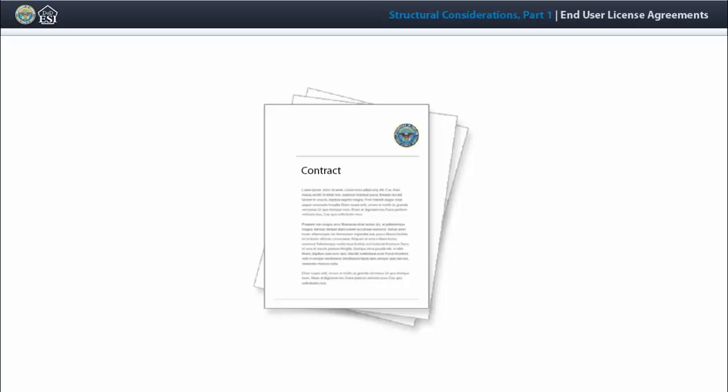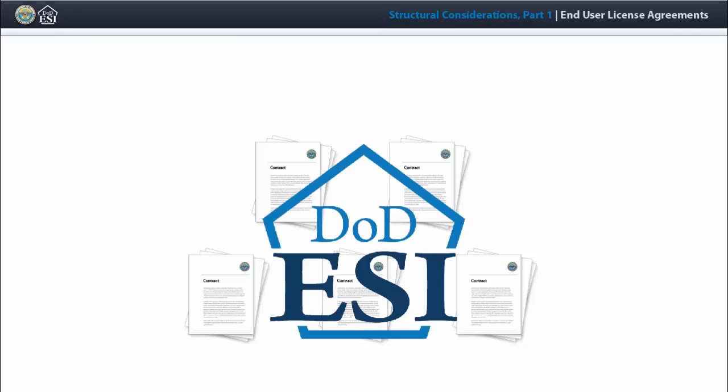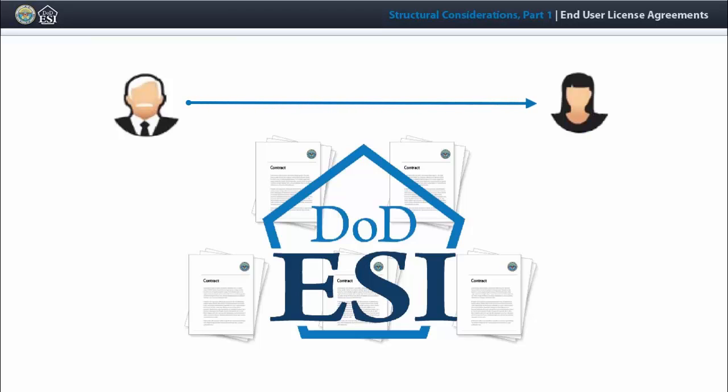Contracts come in many shapes and sizes. Some are wrapped up tightly in one document that contains every term and condition that the parties negotiate and agree to. Other contracts involve two or more documents or sources of terms and conditions that are binding on the parties. This tutorial addresses the latter, multi-tiered scenario specifically for customers who place a delivery order for commercial software under a